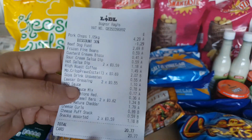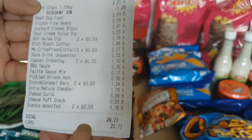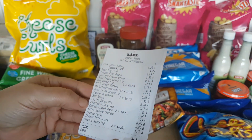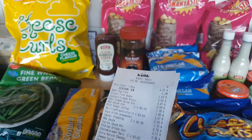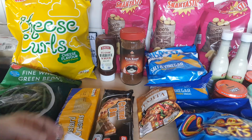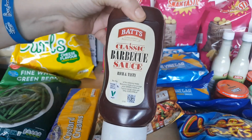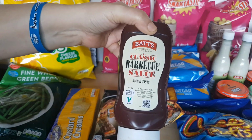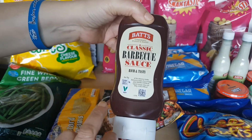because that's the Lidl's receipt. I don't know if that's focused enough so you can see the prices. Oh, they're 62p for the caramel bars. We picked up a classic barbecue. I always have to make sure it's not got honey in, because Yuki doesn't like anything with honey. She hasn't done for...